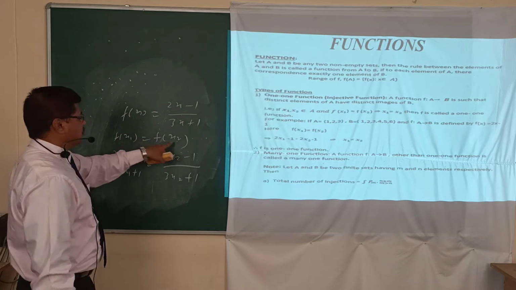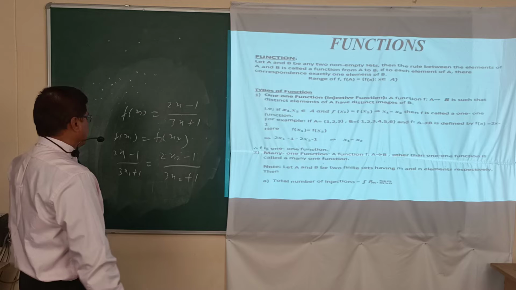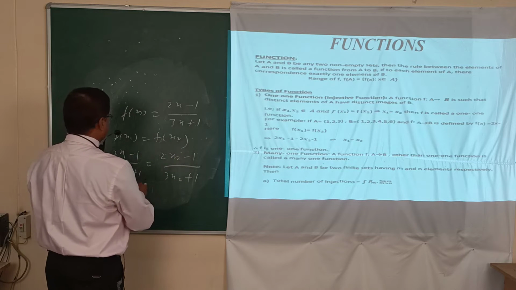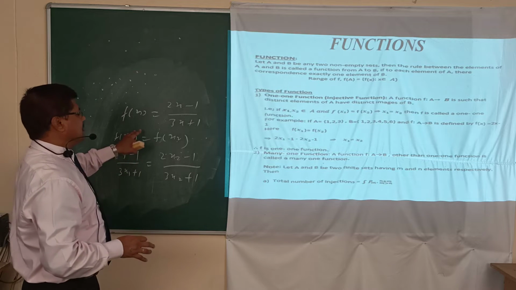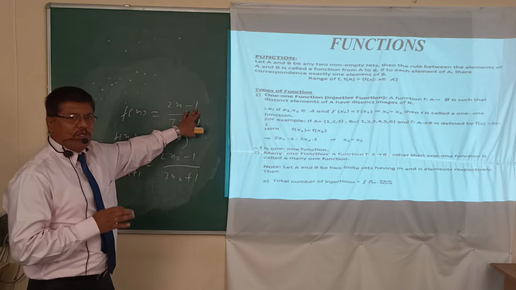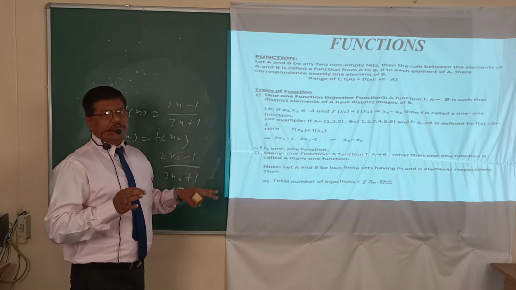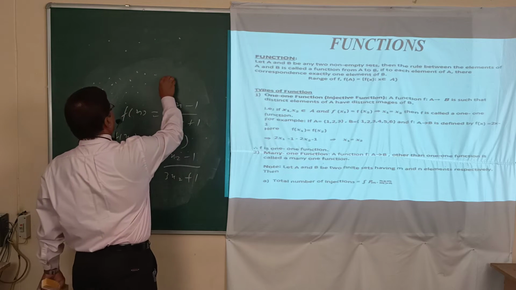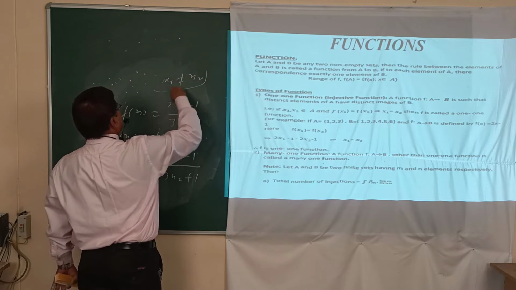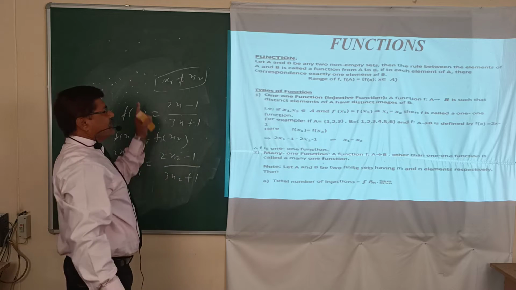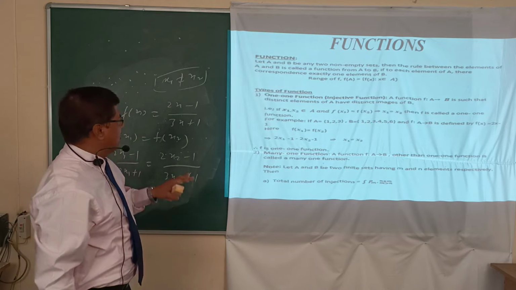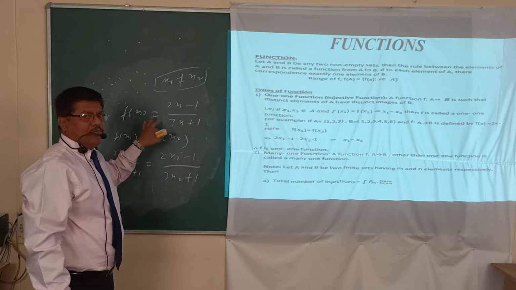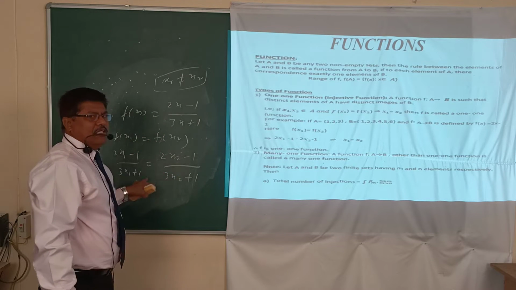These two are natural numbers, we'll already assume in it. And we want to try to prove from this that x1 is equal to x2. If it is, then you can say the given function is one-one. If it is not, it means if you cannot prove x1 equal to x2, it is not equal, then you can say it is another type of function that is known as many-one function. If this does not happen, but if it does happen, then you can say the given function is one-one.